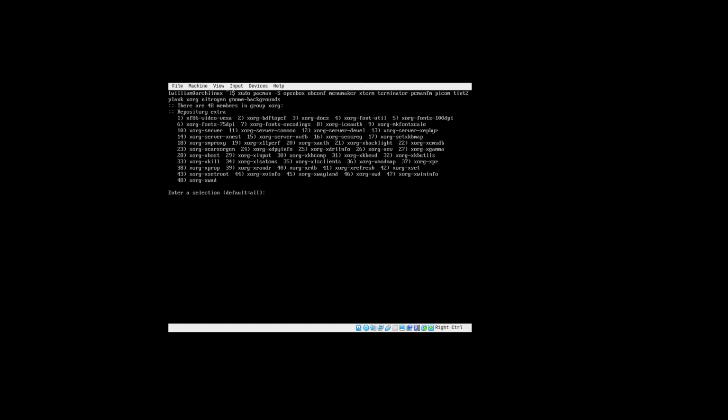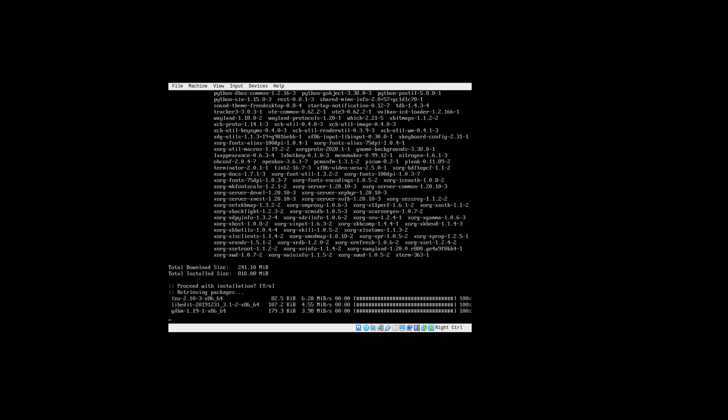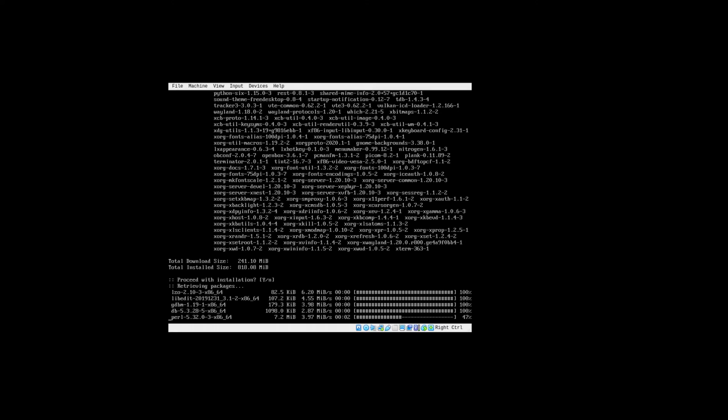Oops, there was one thing I forgot to mention. For theming, you're going to want LXAppearance. And for setting custom key bindings, you're going to want LXHotkey. Now that we've got all that there, you're just going to press enter a couple times,